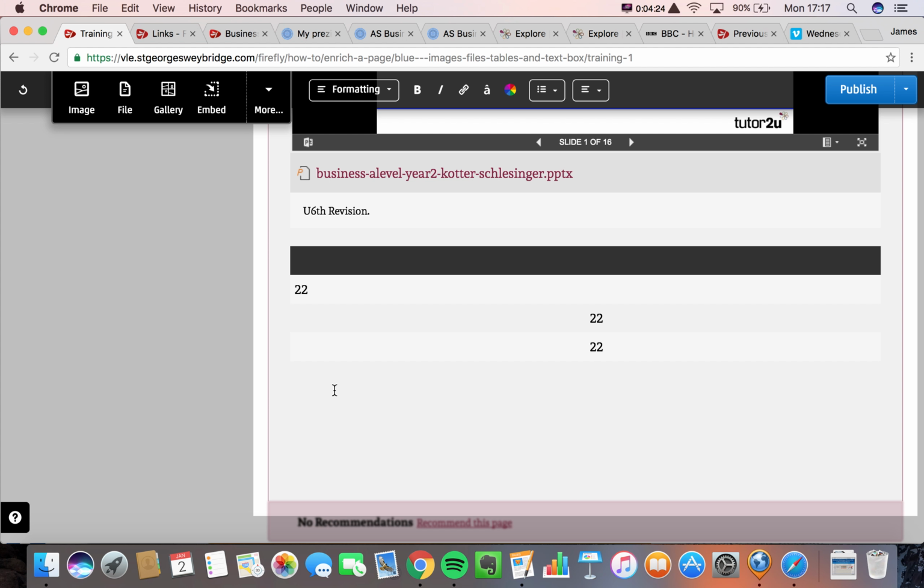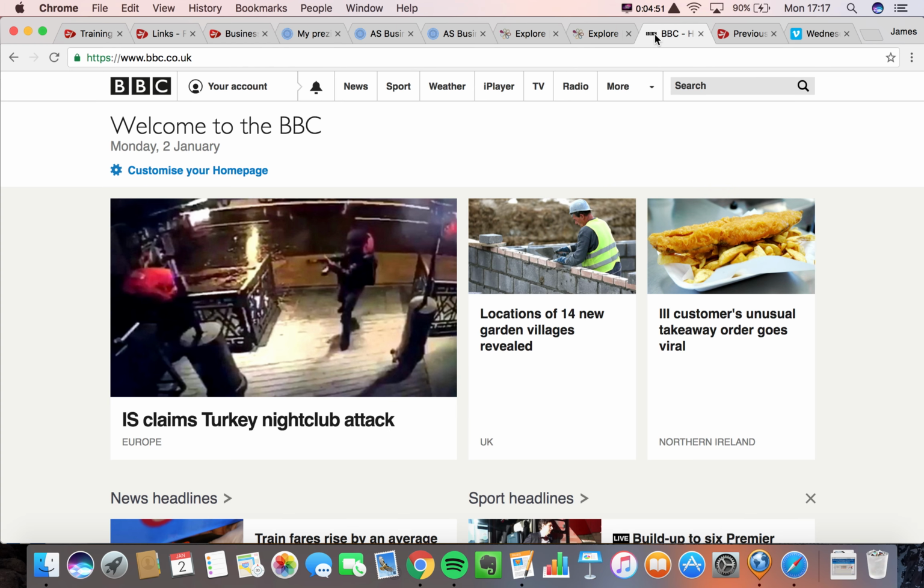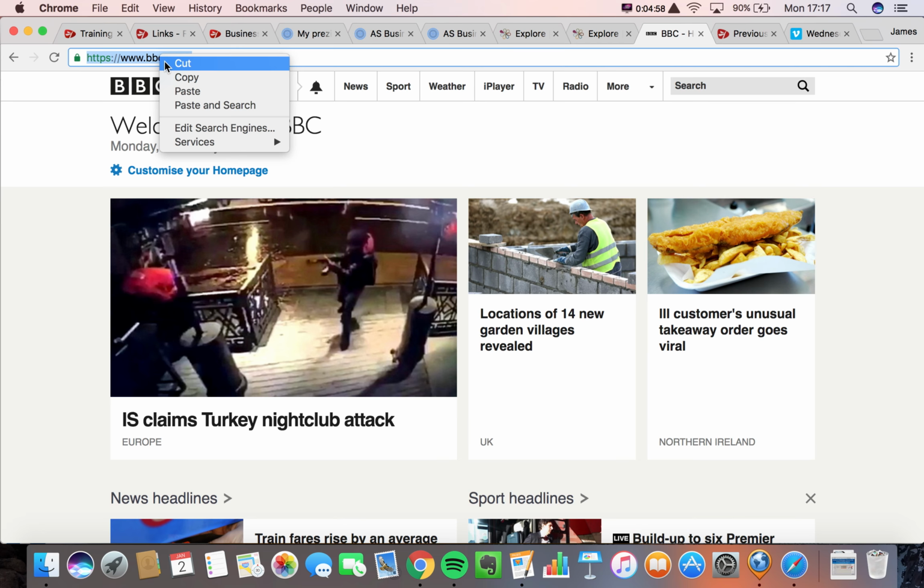And then finally, links. Now this is probably one of the most useful ones in terms of navigating around your department's Firefly pages, or whether it's just linking to a website outside. So if we can type anything, click here. And then if you highlight what you want to add. Now, I'm going to link it to a BBC homepage. So if you get highlight, copy,